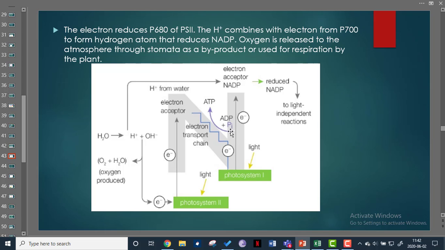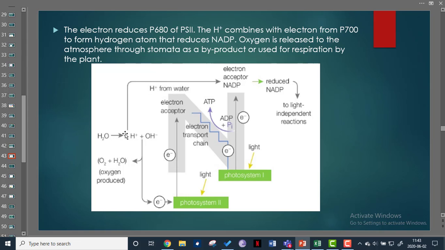And in the process, the energy that is lost is used in driving the synthesis of ATP from ADP and inorganic phosphate. Now, that electron that was lost from photosystem 1, once it passes through the electron transport chain, will be used to replace the electrons that were lost from photosystem 1. Now, where are we going to get the electrons to replace these ones for photosystem 2 here? The electrons will be released when, for example,